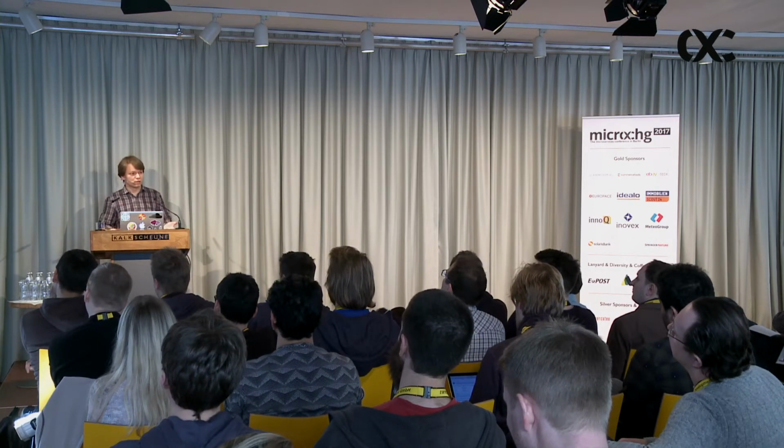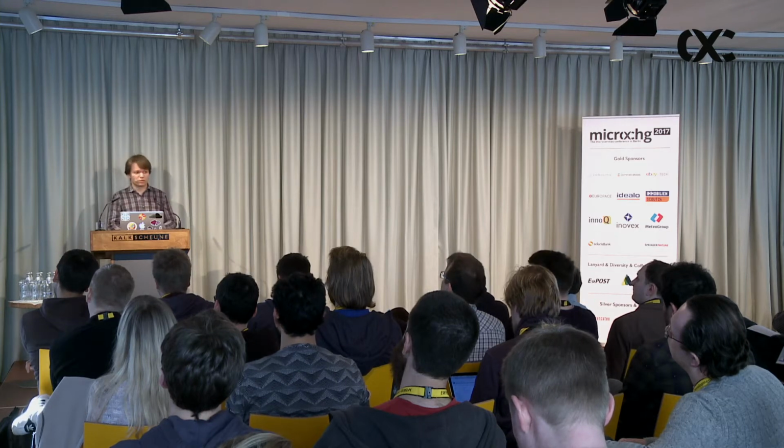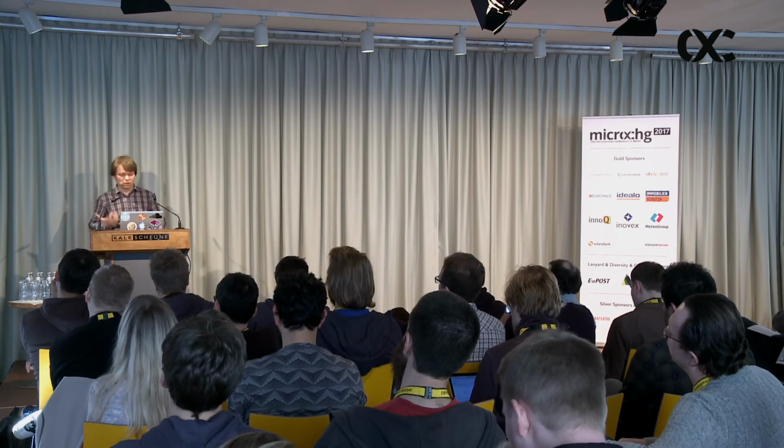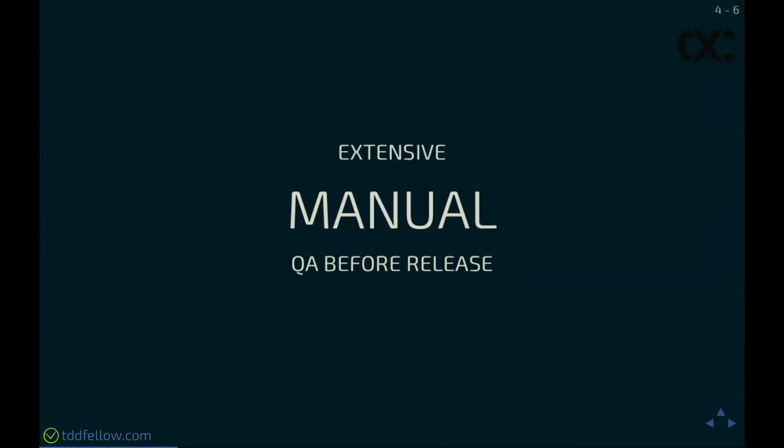Another solution to that problem would be manual QA before releasing, which, in the world of extreme programming, is not a good idea. You would have some QA, like exploratory testing, that you can't do with automated tests, because you want to find new ideas and new edge cases that you didn't think about. But with this solution, you basically have to QA everything every time. And that's very expensive, and also very slow. And this goes into that old-style development where you write some code, you throw it to QA, they give it back to you, and you write some code, and so on. This is very slow. This is not agile.